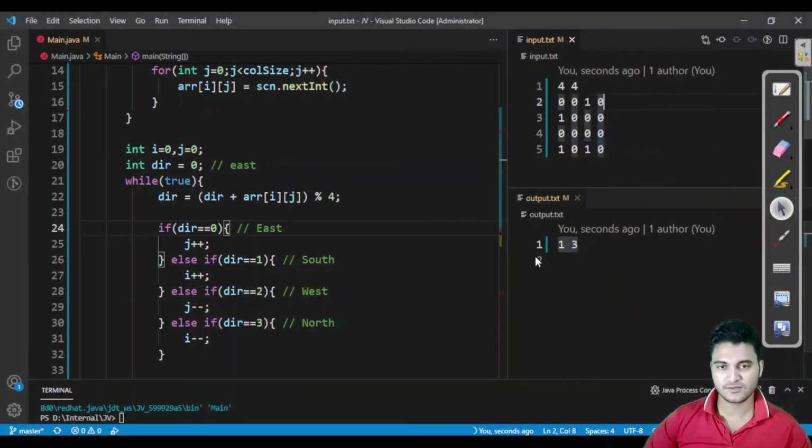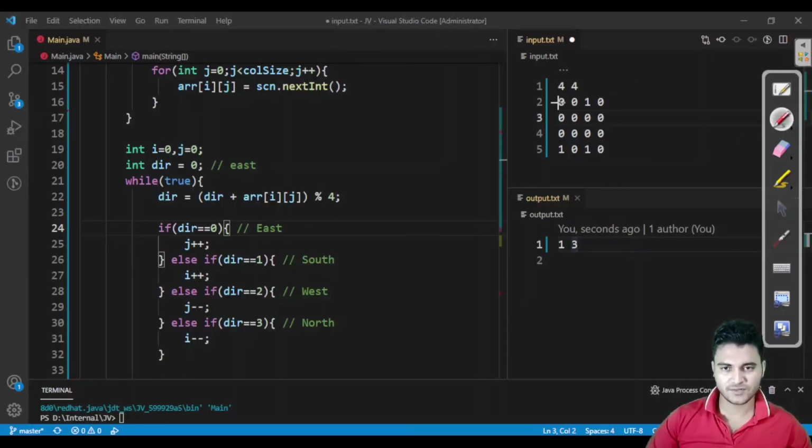Let us modify the input also. This is the real benefit of doing the input and output handling with these files. We can very quickly modify the inputs. So if I change the input, like I have written 0 here, then it will start from here, go till here, turn again, again 1, then make a turn, and now there is no 1, so it should exit from here. So it should print 0 comma 0.